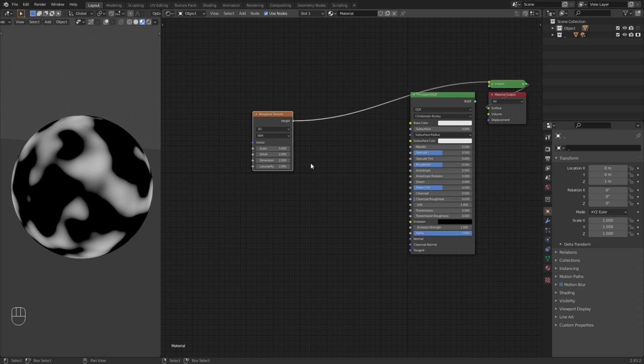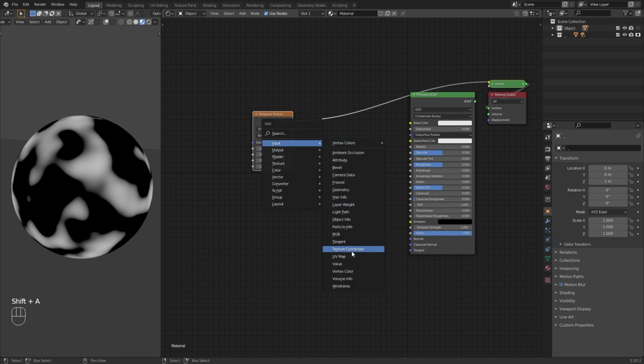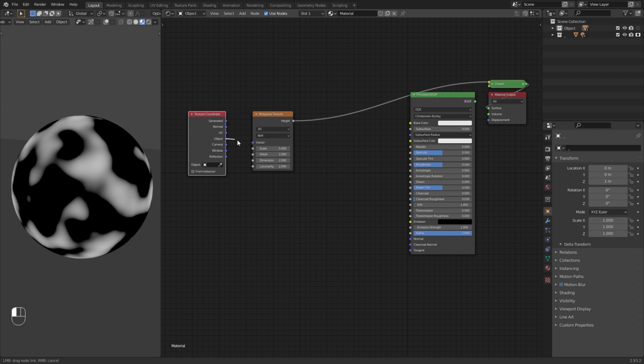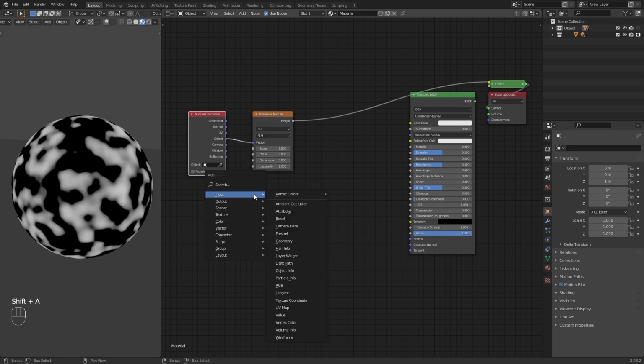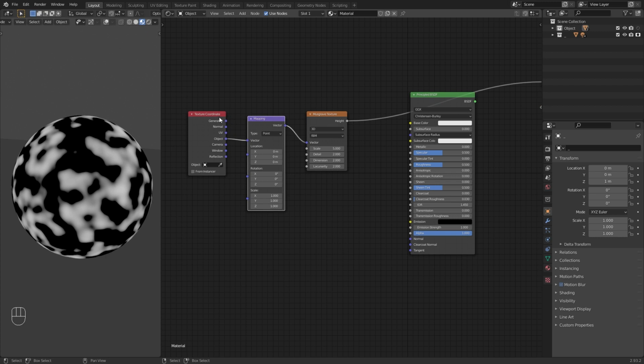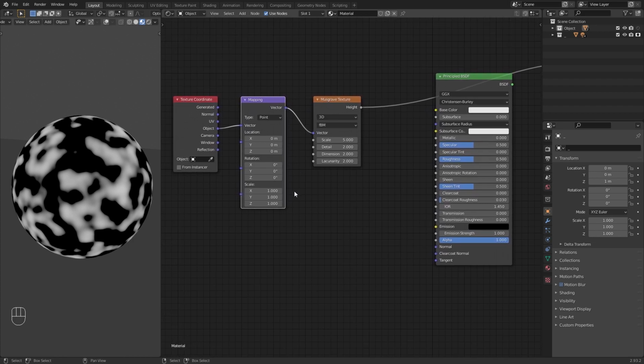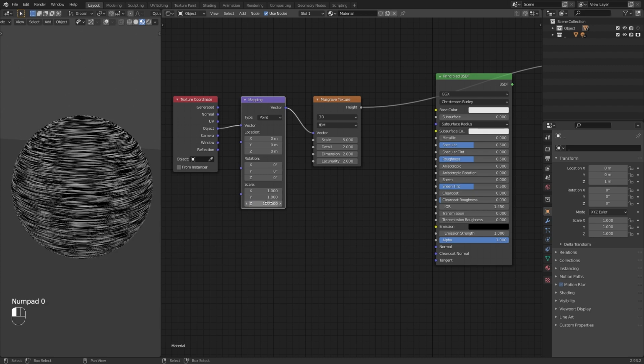Now let's use this preview output to create the color map we want. Now add a texture coordinate node here and connect the object vector out to the Musgrave texture. And add a mapping node to this connection. Okay, now let's set values for this. Set the Z-scale value to 100 in the mapping. Then, change the FBM type of the Musgrave texture to Hetero Terrain. And set the scale value to 2.1.